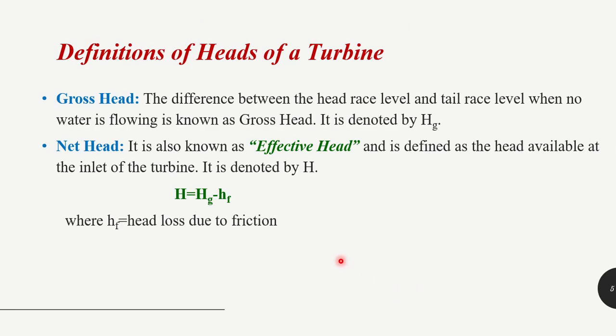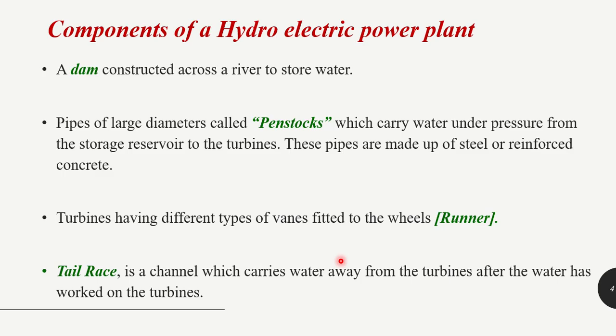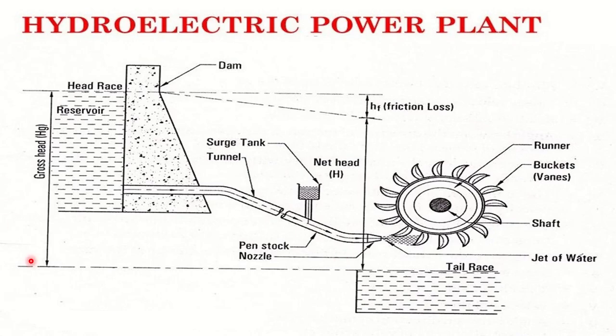Next, coming to heads, this is a very important part. Heads and the upcoming efficiencies are very important terminology related to turbines. Okay, coming to heads, see this diagram again. Here you have the gross head, right? And next you have the net head. For turbines we generally have only two heads, which are gross head and net head. See the gross head, right from the surface of the tail race to the surface of water in the reservoir, which is also called the head race.